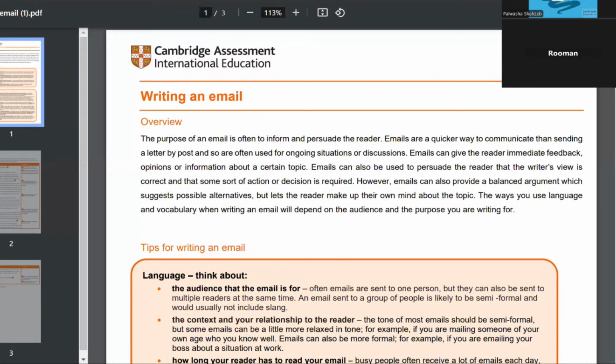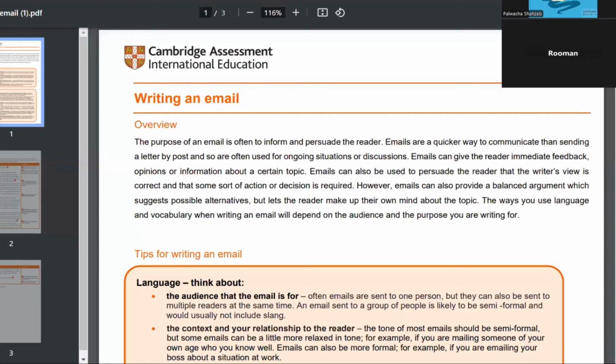And today we are going to talk about email writing. Unfortunately, this time in the paper, email writing was the question, which was a surprising thing for everyone out there. But we have done this email writing strand in the live session as well. To tell you the fact, email writing is the easiest type of question because